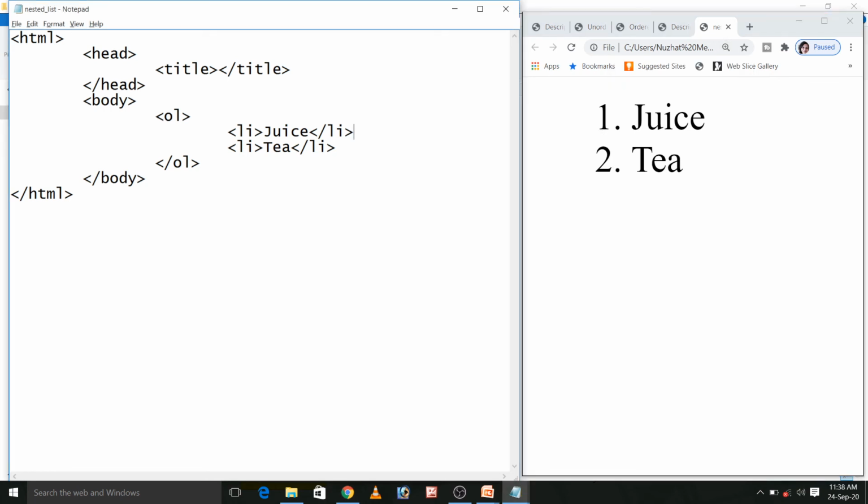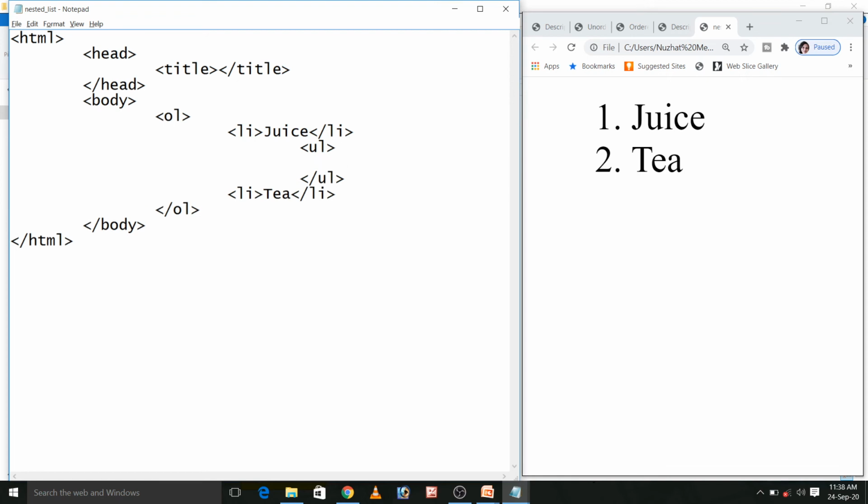Now I want to create nested list in the first li of the main list, that is juice. I have to write here unordered list, and I will close the unordered list. Here I will list all the items like lemon juice.